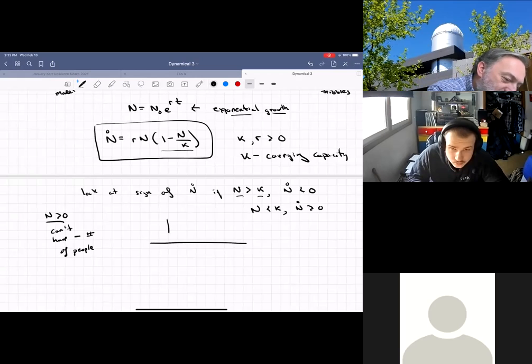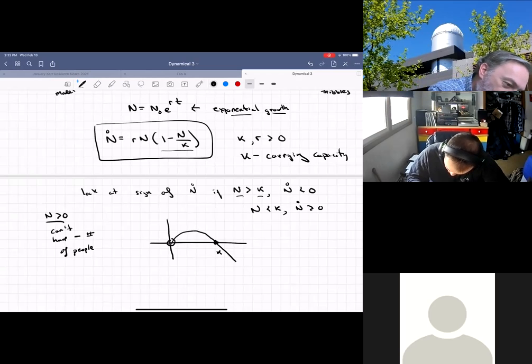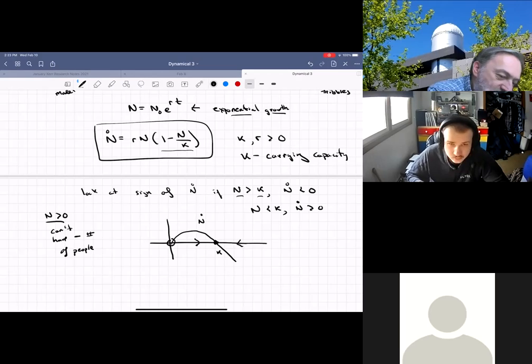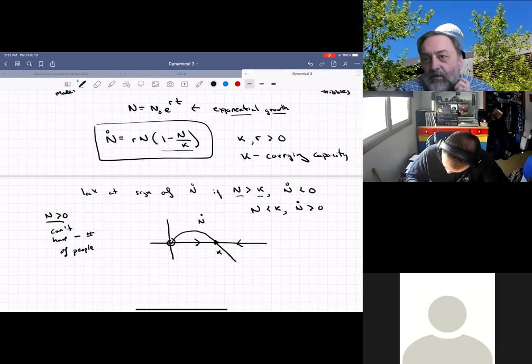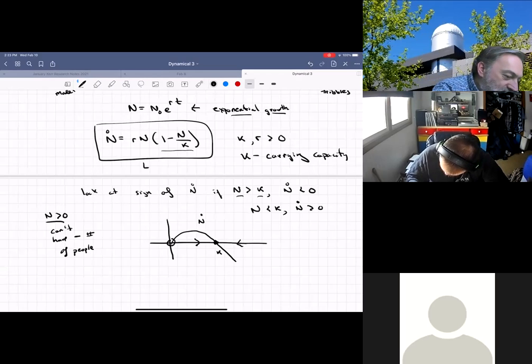And so in this model, we have two fixed points: a fixed point at k and a fixed point at 0. If I plot the model, n dot is this curve. We see that the dynamics are that I drive to the carrying capacity. So this is called the logistic equation